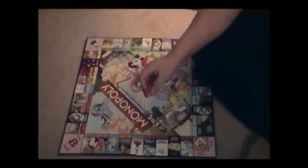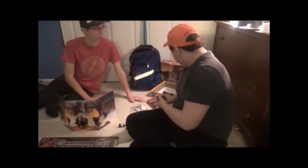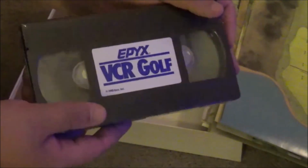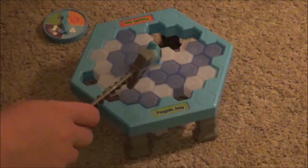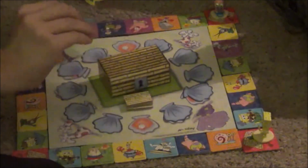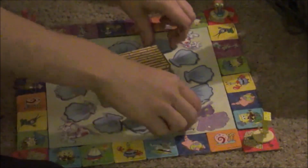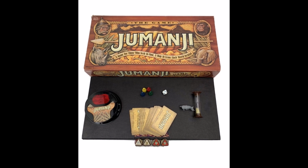But long before I reviewed that game, I've looked at popular games like Clue, tie-in games based on popular games like MLP and Halo Monopoly, RPGs like Dragon Strike, trend games like VCR games, strange creations like funny penguin game Trap Adventure and Bukkake the card game, and of course, tie-in games based on big IPs like Doctor Who and SpongeBob. But one game I reviewed a long time ago was based on the movie about a board game,